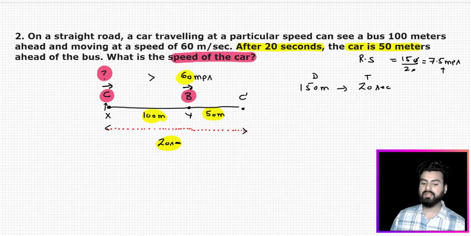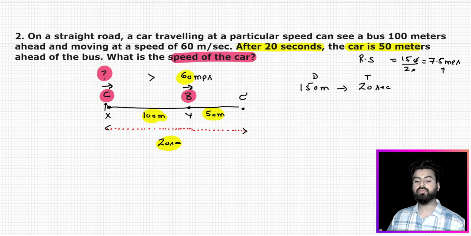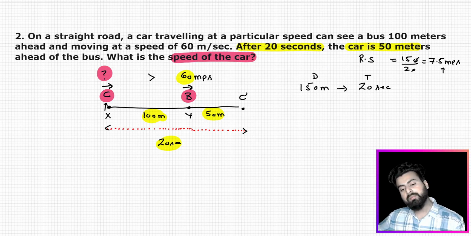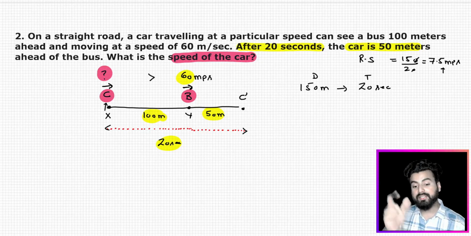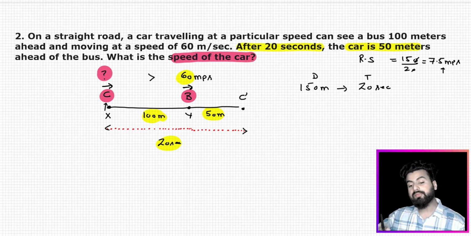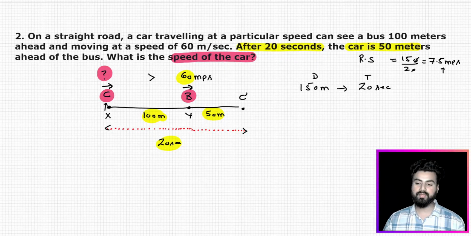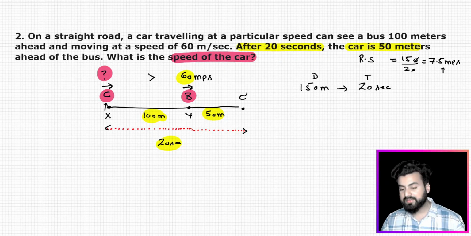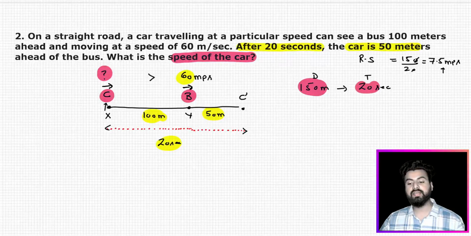Please realize this. कार का स्पीड बस से जरूर ज्यादा होगा, तभी 20 सेकंड में उसने क्या किया. देखो, बस तो अभी भी मूव कर रही होगी 60 मीटर्स पर सेकंड पे, लेकिन 20 सेकंड के बाद पहले तो कार ने 100 मीटर डिस्टेंस कॉम्पनसेट किया और उसके बाद 50 मीटर्स आगे निकल गया. इट मींस कार का स्पीड जरूर 60 मीटर्स पर सेकंड से ज्यादा रहा होगा. और इसी की वजह से क्या हुआ, कार ने बस के रिस्पेक्ट में 150 मीटर्स ज्यादा डिस्टेंस ट्रेवल किया इन